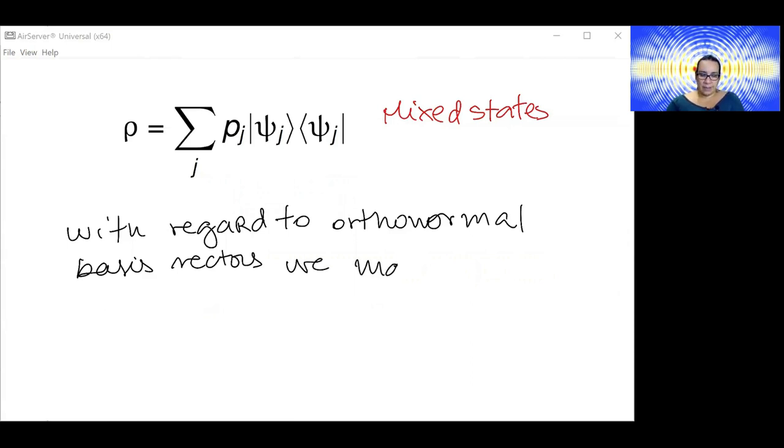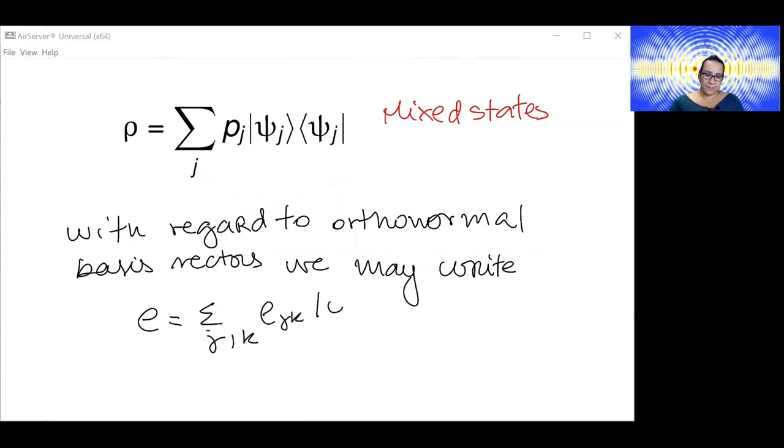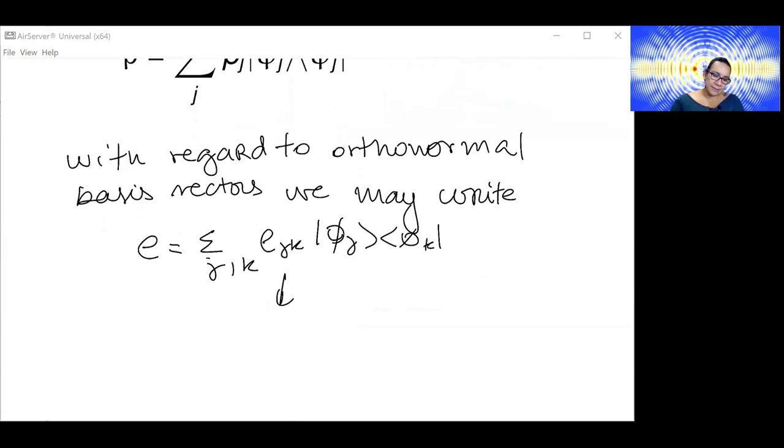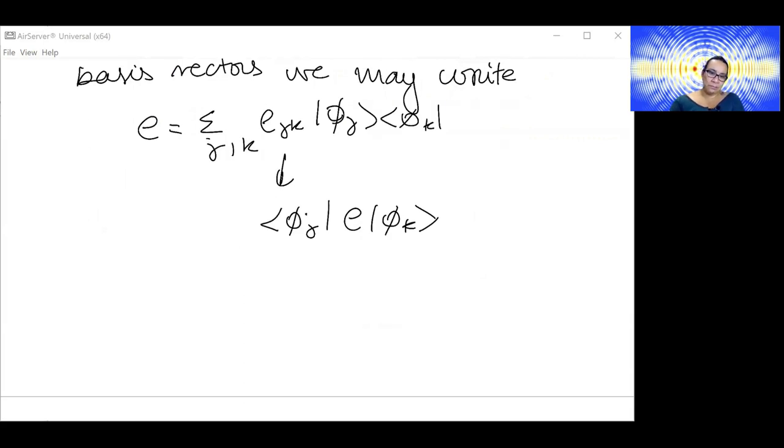We may write rho_jk, rho jk, equals psi_j rho psi_k, whereby this is the matrix element defined as psi_j rho psi_k. If you don't remember these, check representations